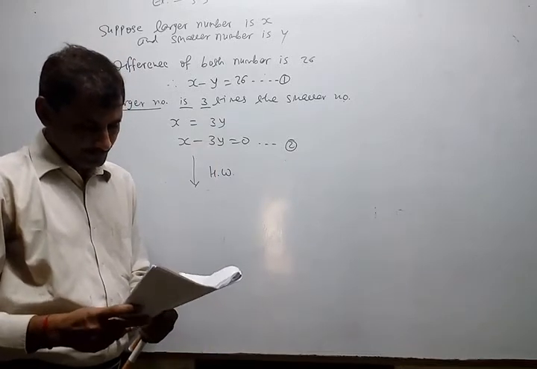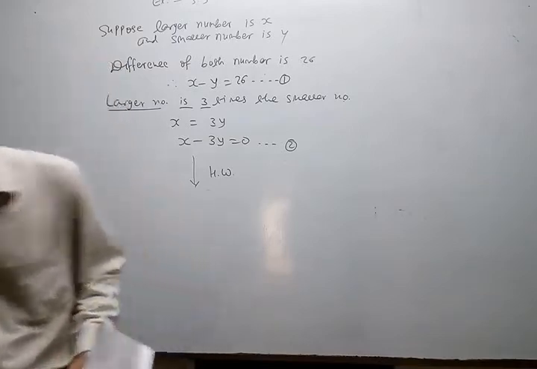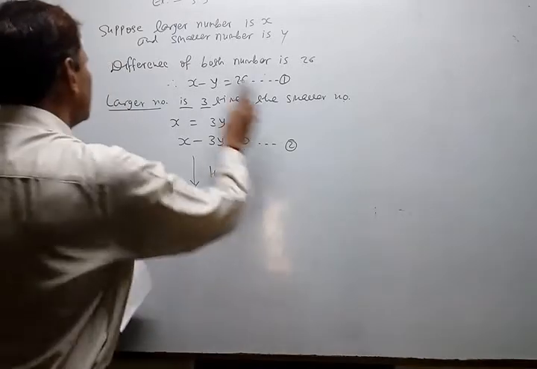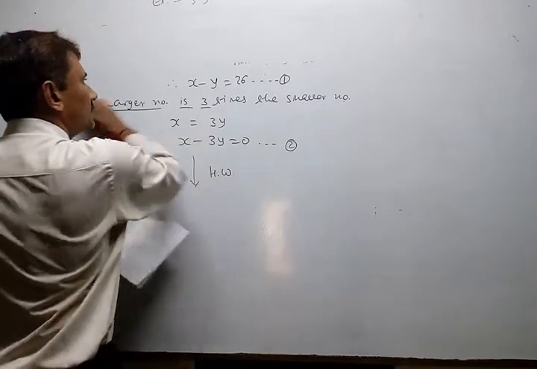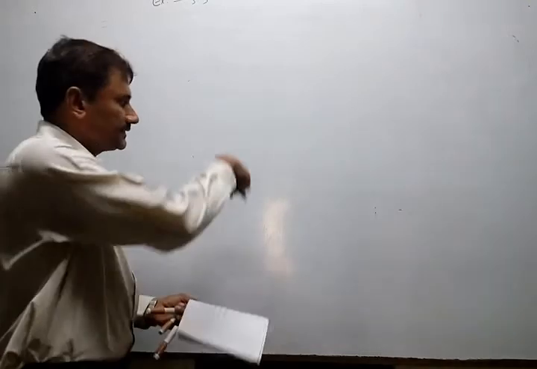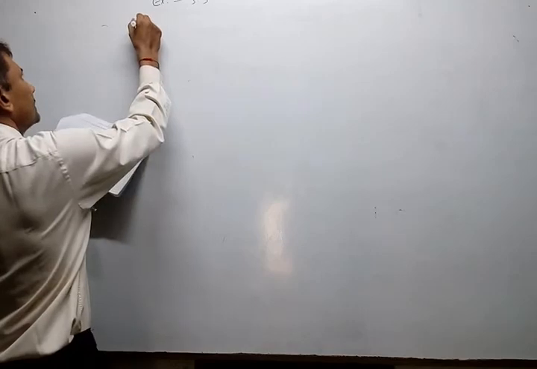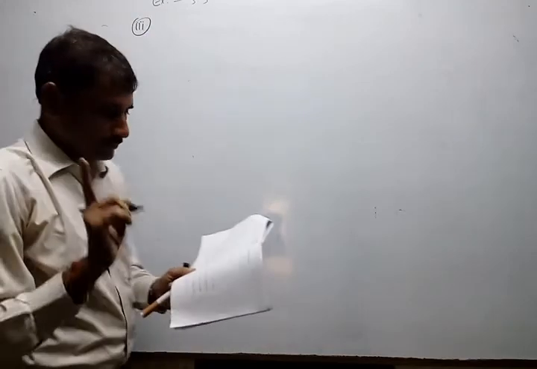Now look at the third one first. Then we will solve the remaining. Because it is simple, we have less time and I want to give you homework also. So the first sum is given in homework. Now the third is also in homework, but I am just giving you a hint.